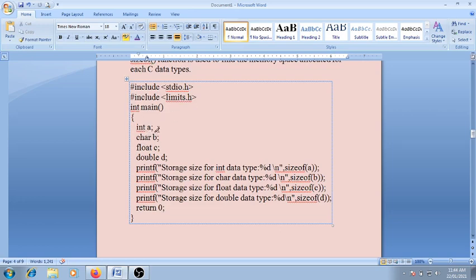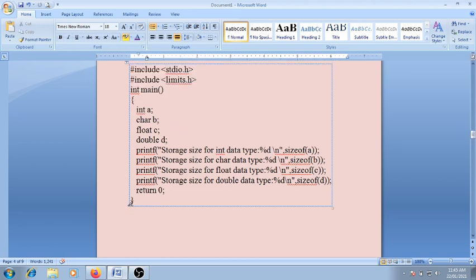Here I declare 4 variables: integer A, char B, float C and double D. Now friend, I print the storage size of the integer, character, float and double data types with the help of the sizeof function. I pass the variables that I already declared in the program: sizeof A, sizeof B, sizeof C and sizeof D. And here is the close of the main function.